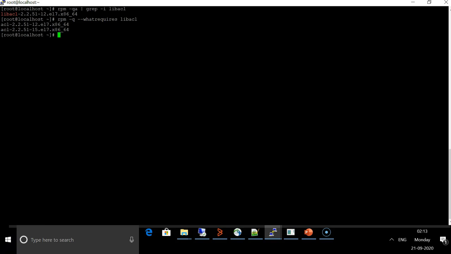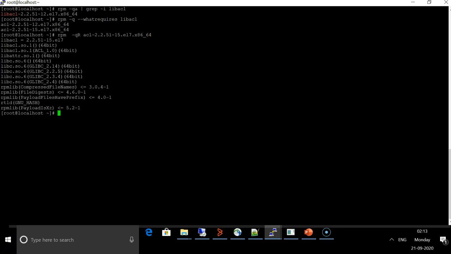So let's see what dependencies this particular patch, ACL 51-15, requires. For this we will use the command rpm -q capital R and then this RPM. Now it lists the dependencies which this particular ACL patch requires.